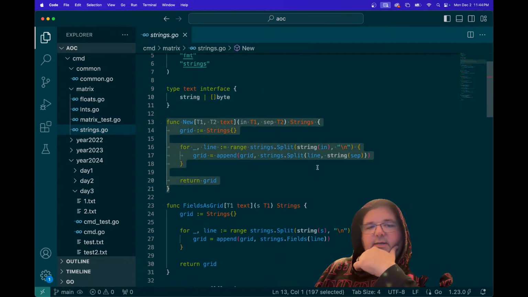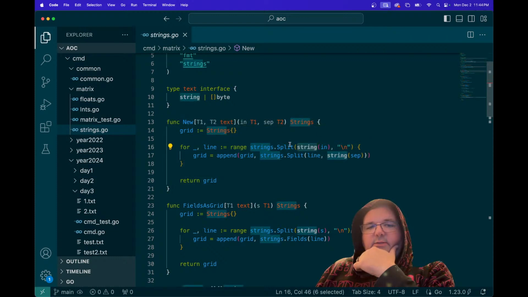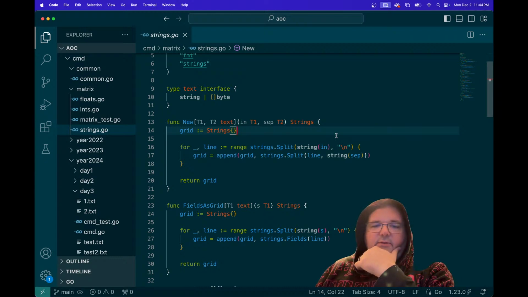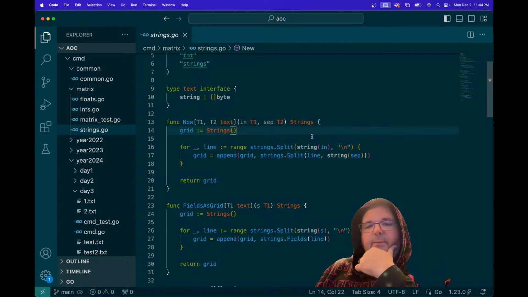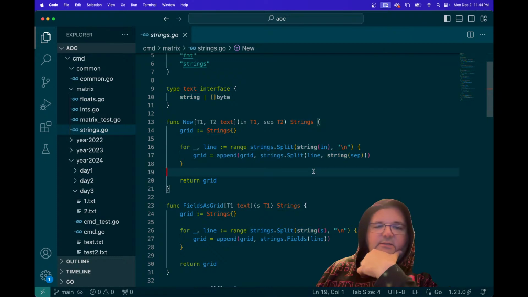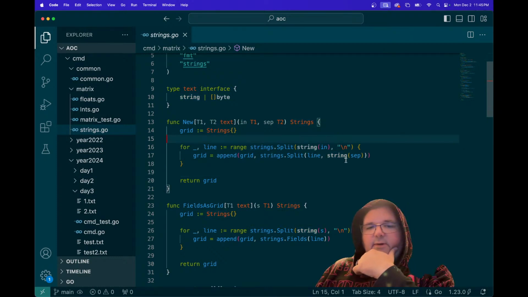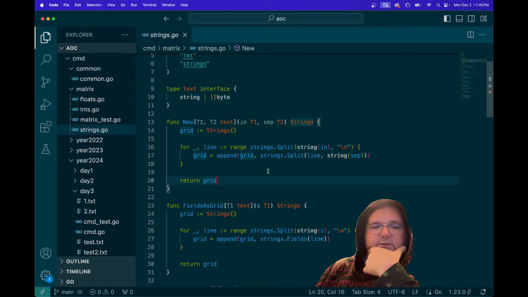One of the things that kind of bothered me was I was doing a lot of conversions between bytes and strings. And ultimately, if they are bytes, we can treat them as strings. We could maybe think about doing this all as bytes, and maybe I'll come back and modify this later to optimize it. But really, this is micro optimization at that point. So I changed this from like as grid to new